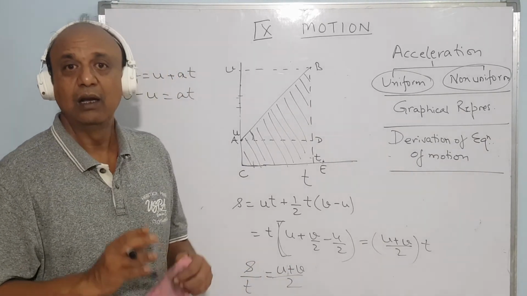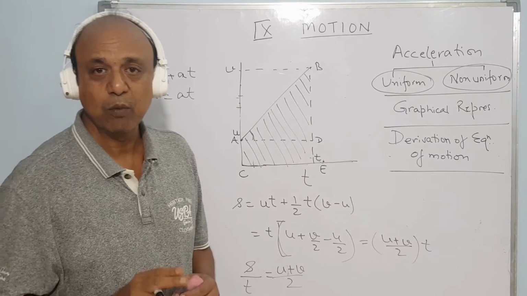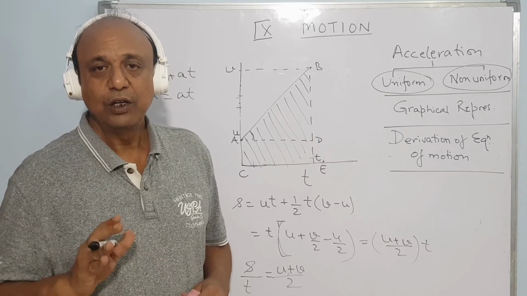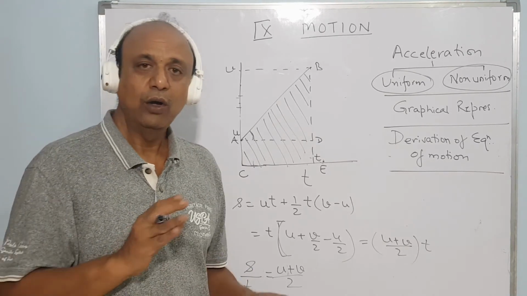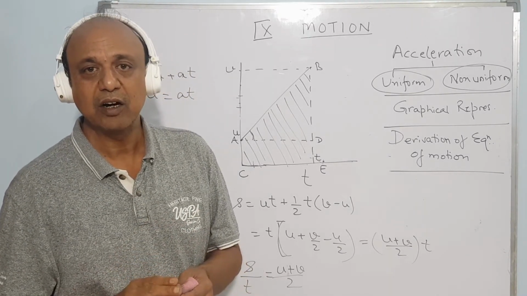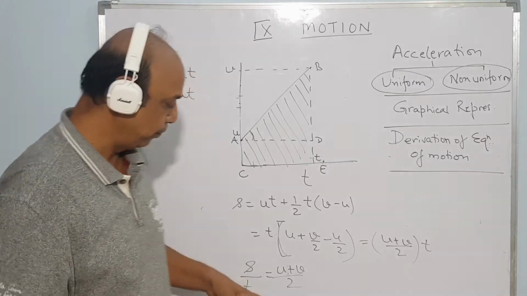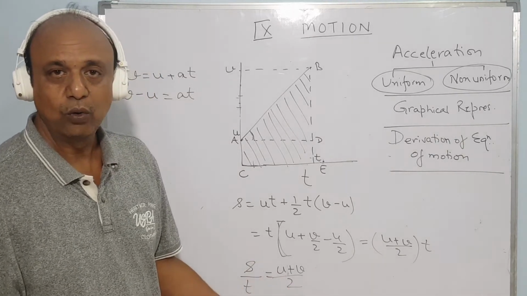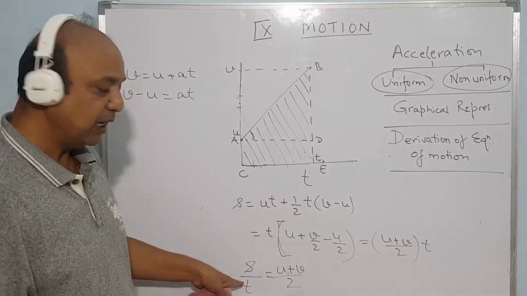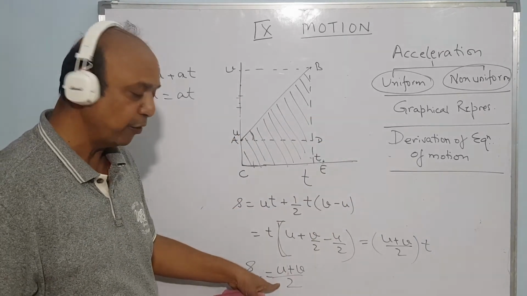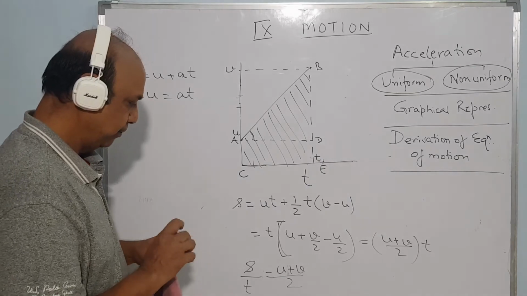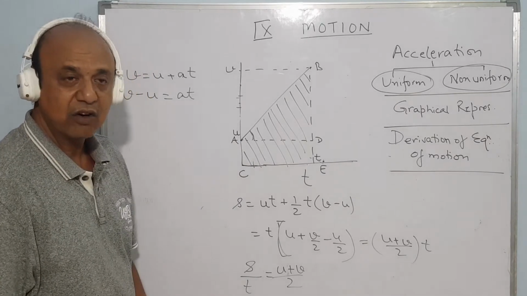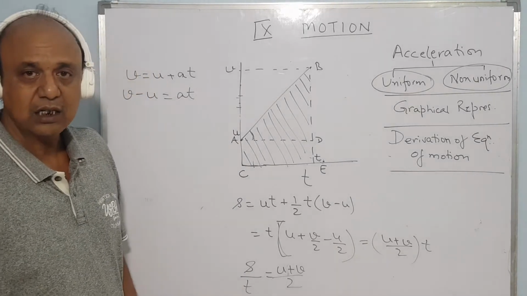But this is applicable only in case of uniformly accelerated motion. I repeat, it is applicable only in case of uniformly accelerated motion. Now, uniform motion also is a uniformly accelerated motion where acceleration is equal to 0. If u and v are the same, then 2u upon 2 is u, so average speed is the speed itself. But in other cases where it is uniformly accelerated motion, we can find the average speed using this formula. Again, it is not applicable for non-uniformly accelerated motion. There we have to do total distance upon total time.